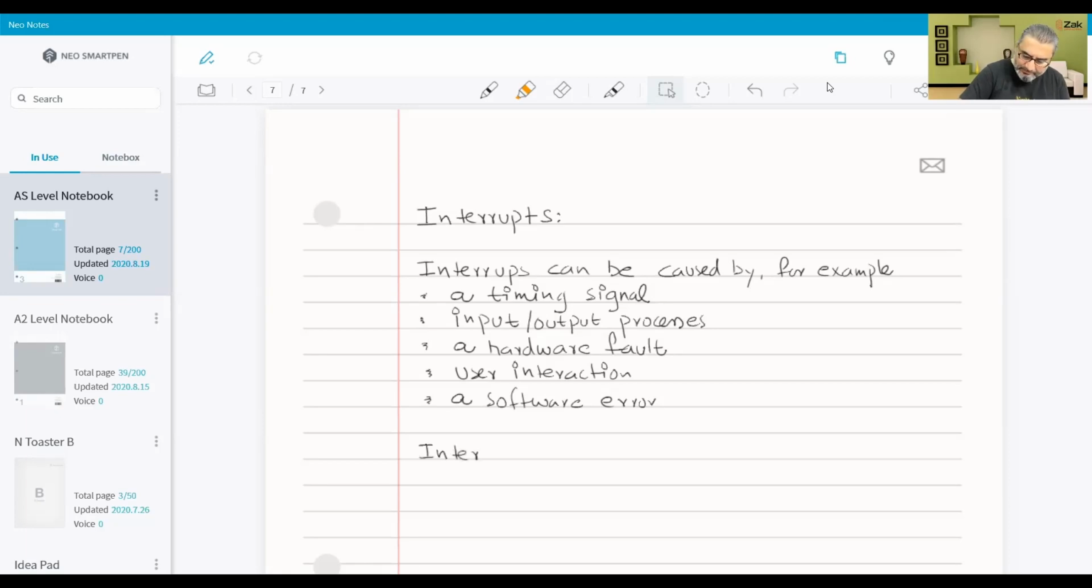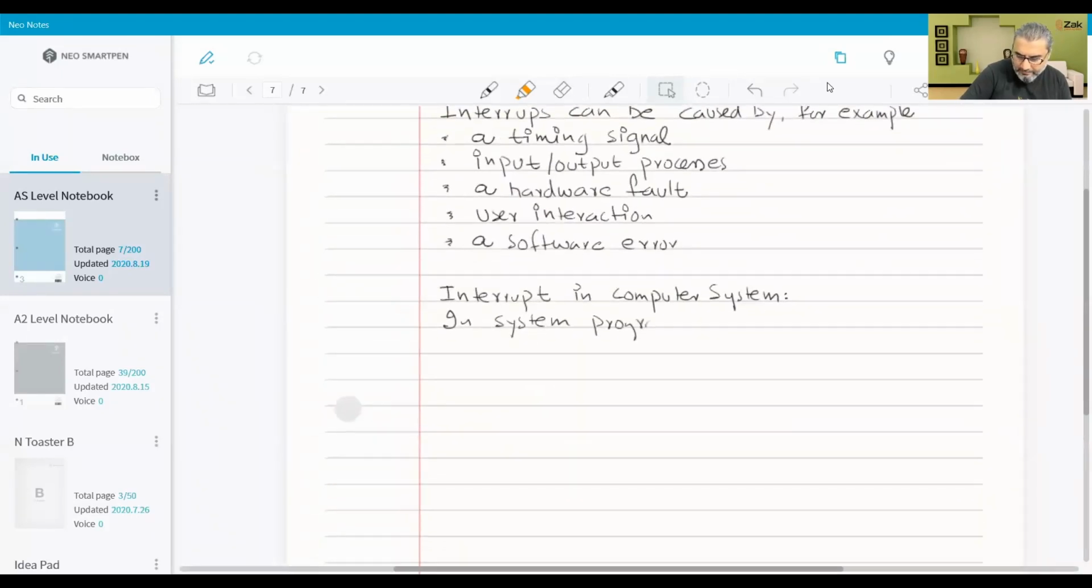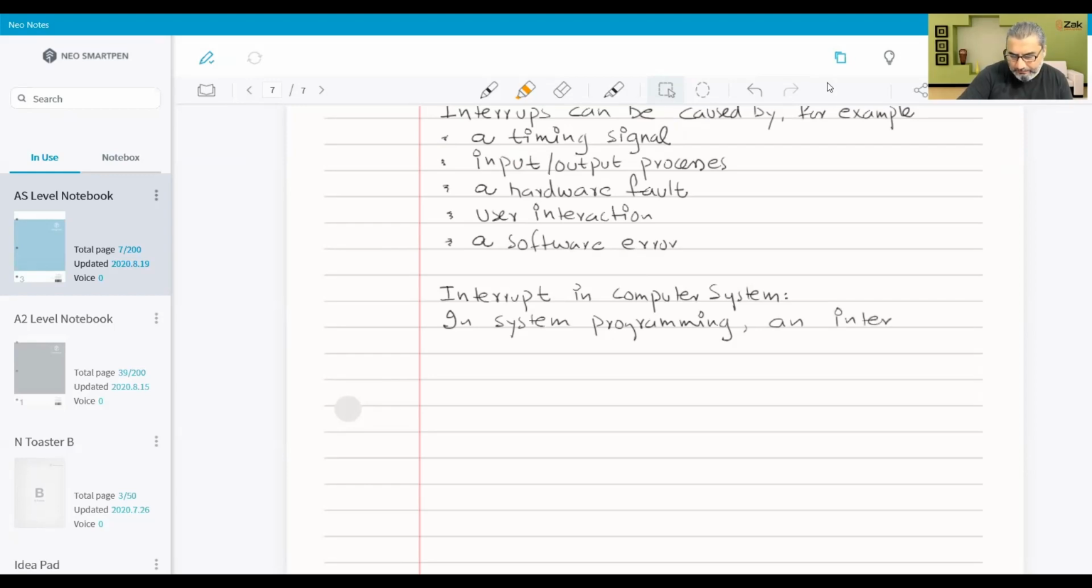So, interrupt in computer systems, in systems programming. What is system programming? When we write programs related to the operating system, it is system programming. An interrupt in system programming, an interrupt